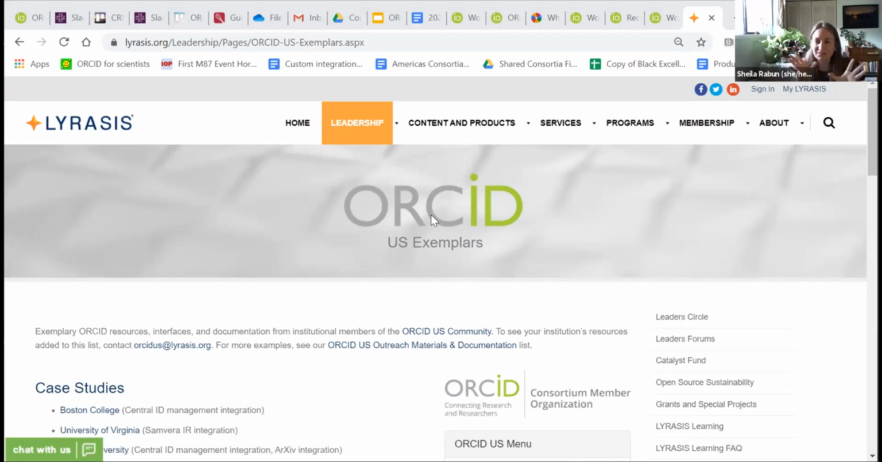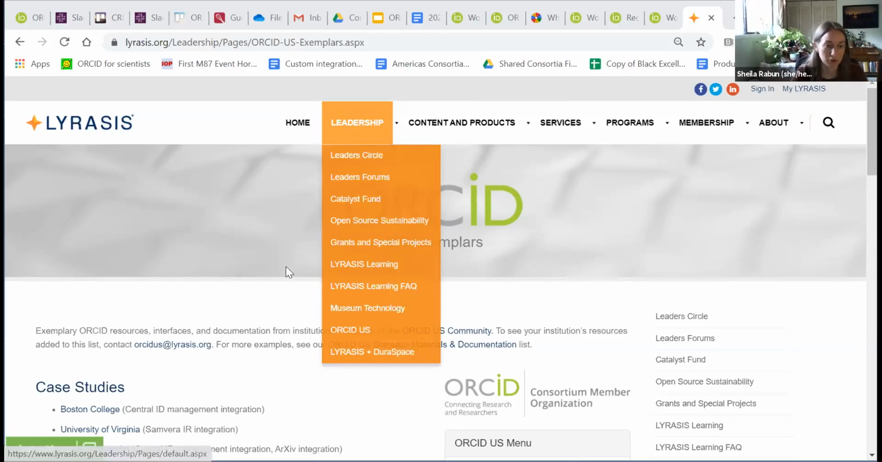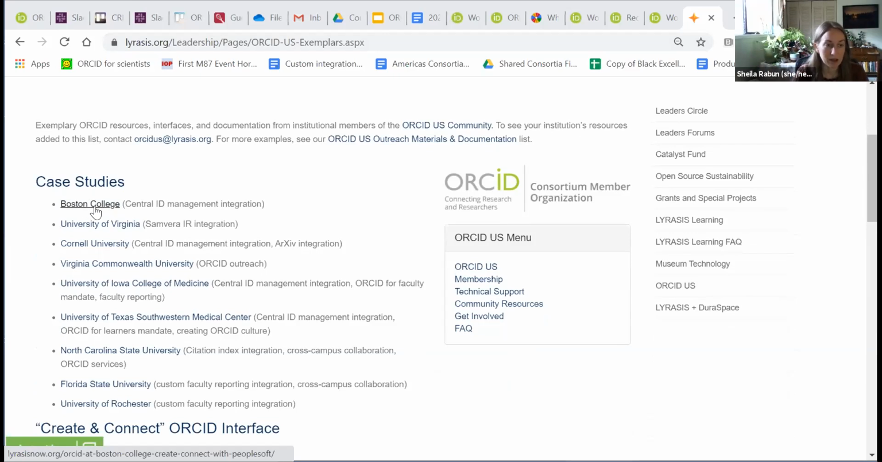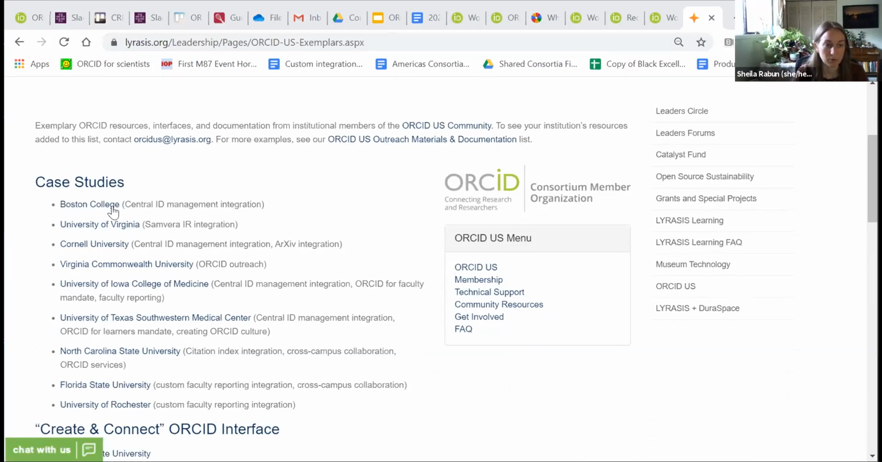And there's a lot of different ways that those types of integrations can be set up depending on the systems that you're using. And you usually have to get somebody from central IT on board, or whoever is managing those centralized systems really needs to be on board with those types of integrations. But if you're looking in our ORCID US community exemplars, you'll see that we have a good example from Boston